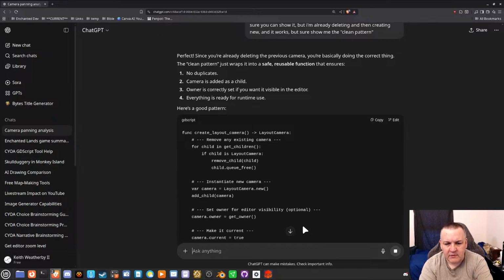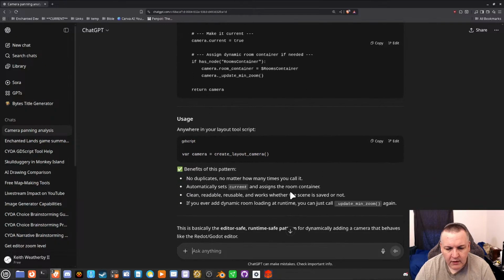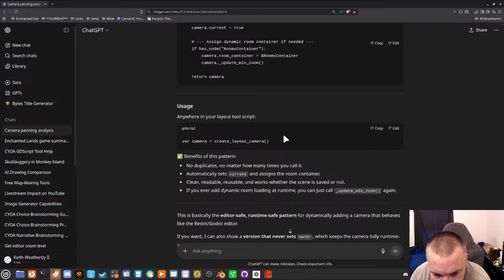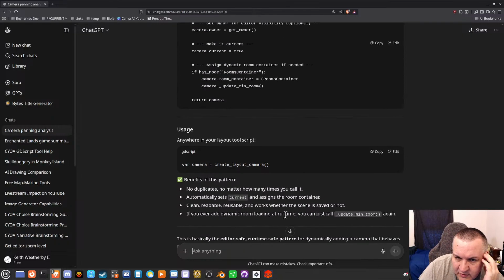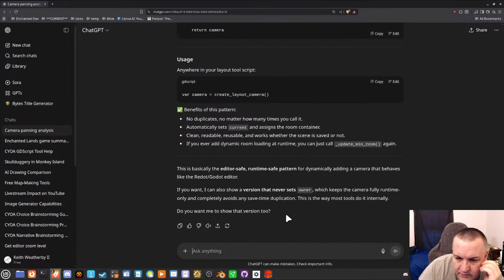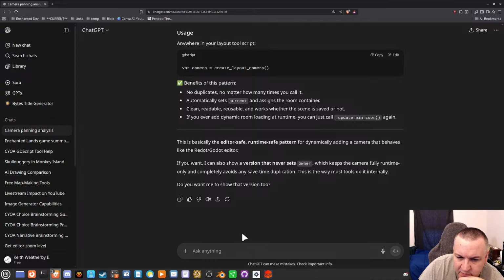Cameras added as child. Function create layout camera. Oh, and return layout camera. No duplicates. Automatically sets current, assigns the room container. Clean, readable, reusable, works whether the scene is saved or not.